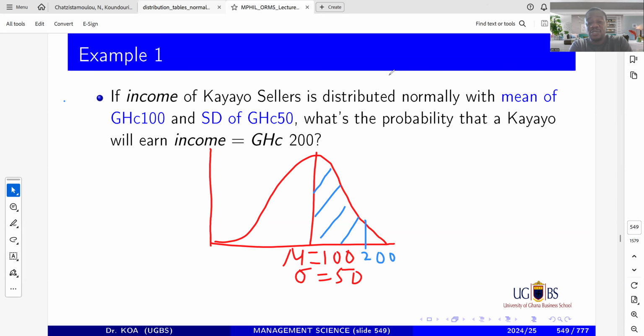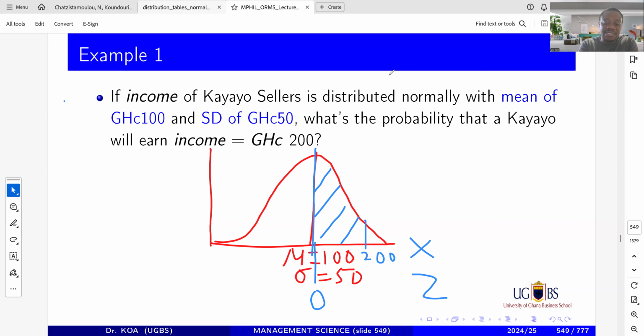Now, how do you get the answer? The area. Remember, we know the area is 100%. Well, the first thing you got to do is to convert this 200 to the standard normal table. You see, ladies and gentlemen, this is X value, all this line. But we can convert it to Z value. In the world of Z, the center number is equivalent to 0. And everything to the right of the center is positive. Everything to the left of the center is negative. In the world of Z, not in the world of X.